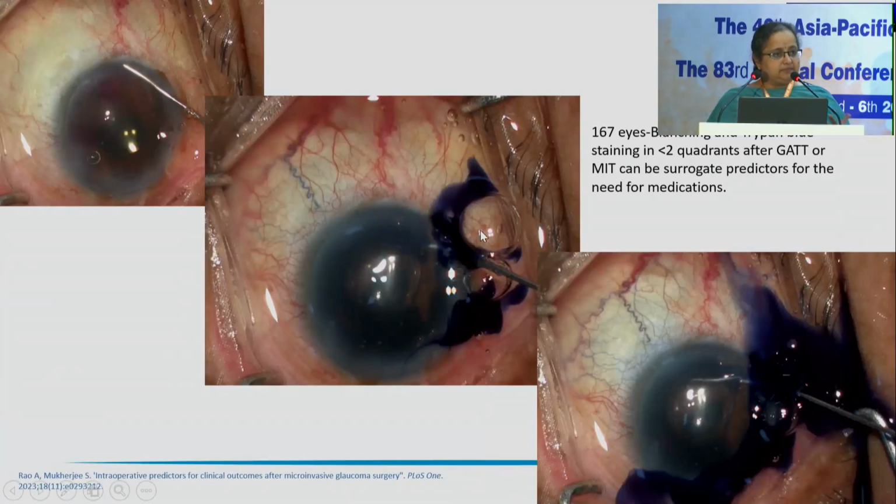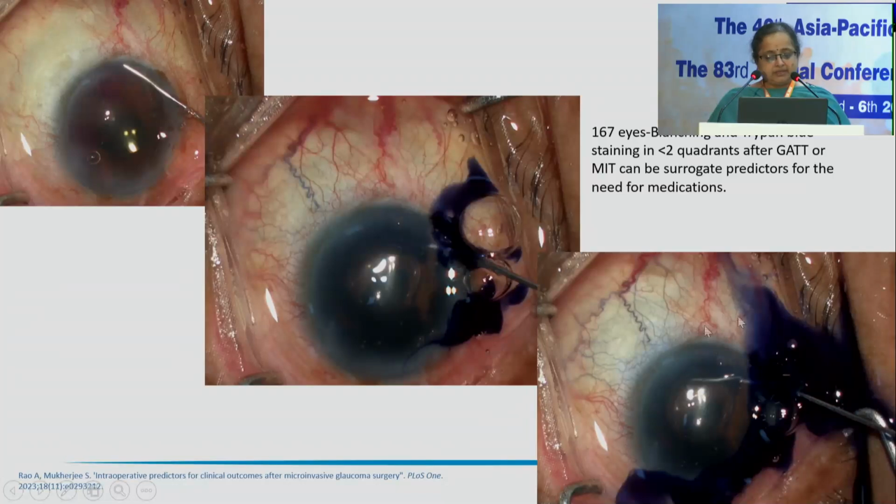But I went one step further to see whether I can see what veins are draining into that area where I have excised the TM. So now I inject trypan blue, the normal trypan blue that we use for staining the capsule. When we do that under the air bubble, you can see such a large area of blanching, almost 3 clock hours. But what lights up initially is only one large superficial episcleral vein. So it's hard to believe that one vein is actually draining such a large area.